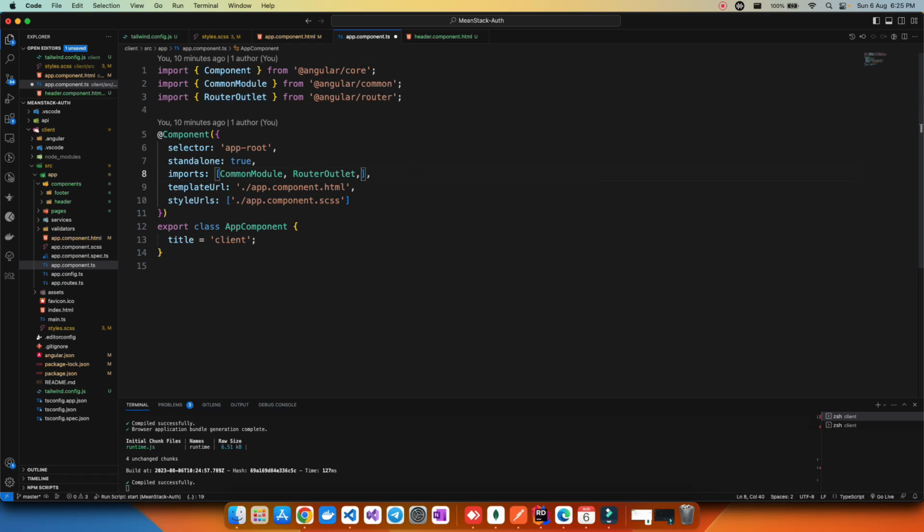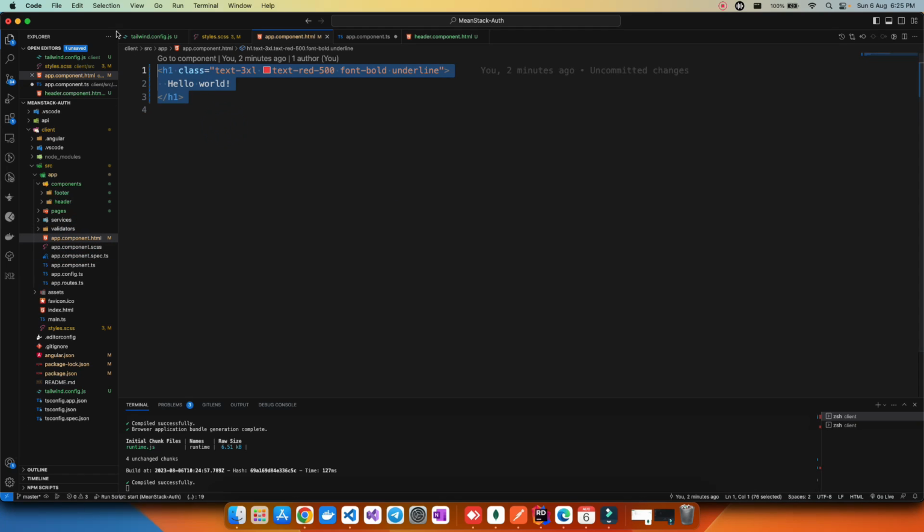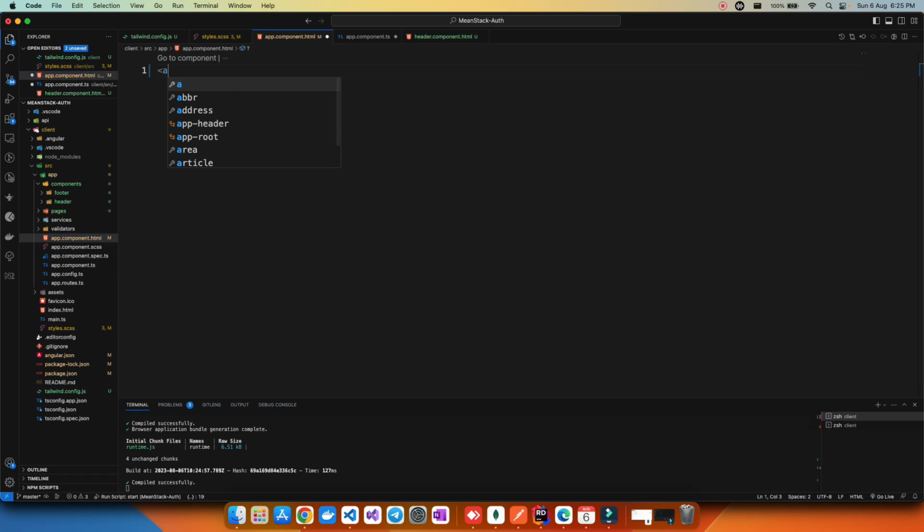To import it, I will say here header.component, like HeaderComponent, and I can see it is imported at the top as well. After importing it from this location, add it in the imports array. Once you add it here, we can remove this code and say here app-header. Okay, like this. Now if I save all the changes and go to the browser,